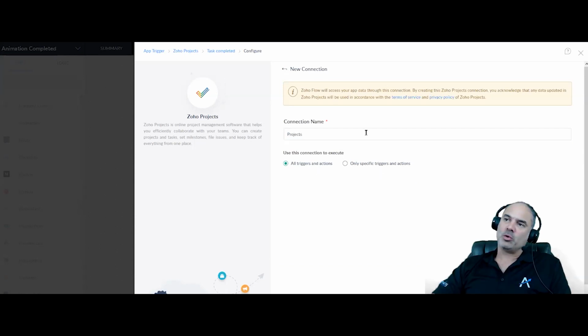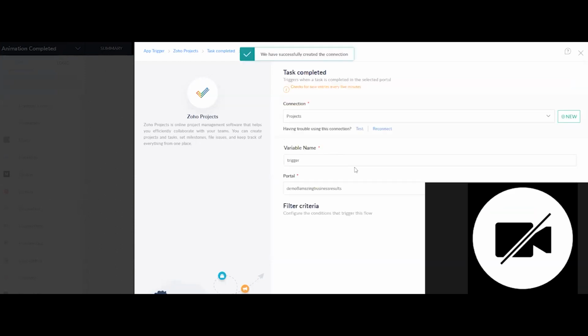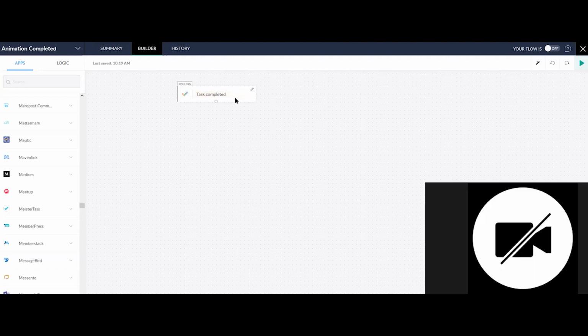If it will work, I can show you. Okay, give me like 2 minutes. So now I created here in Zoho Flow one rule that when a task is completed, then it will do something.